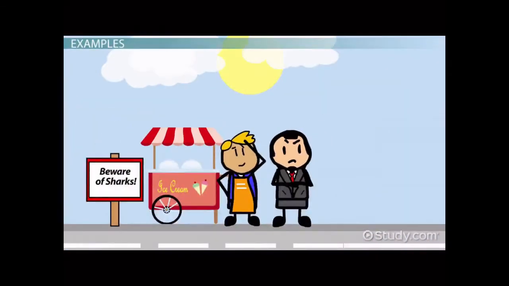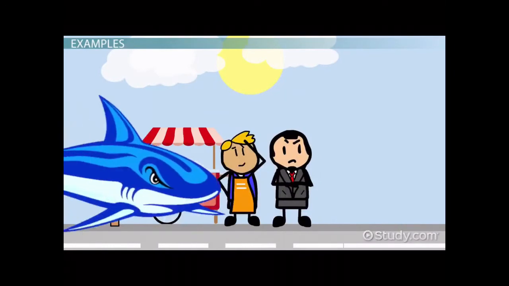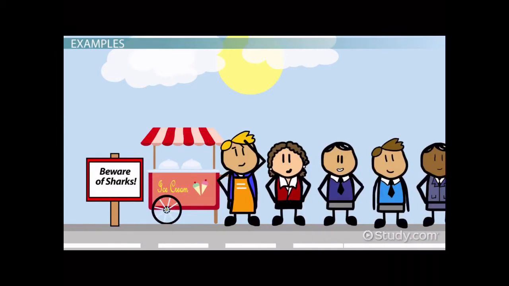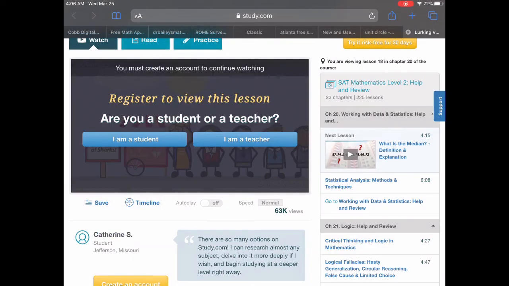A well-known relationship exists between shark attacks and ice cream sales. Both of them increase at the same time. This relationship is often used to demonstrate how two seemingly unrelated events can often vary together, which requires those who notice the correlation to consider what lurking variables might be in effect. How might you explain